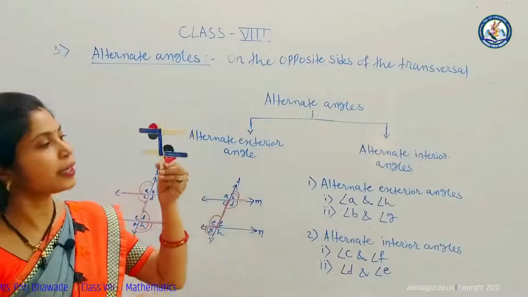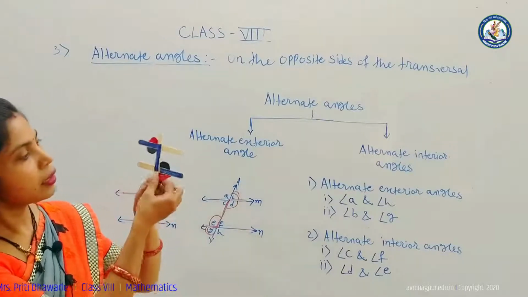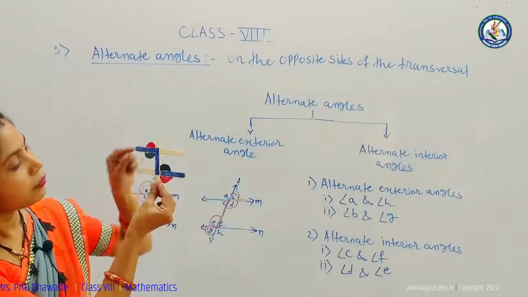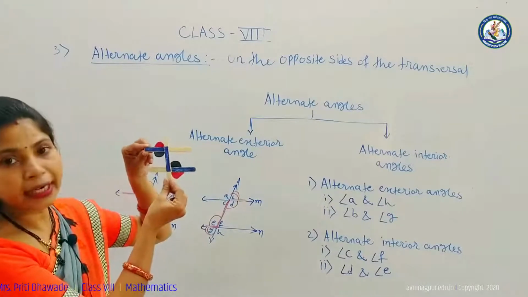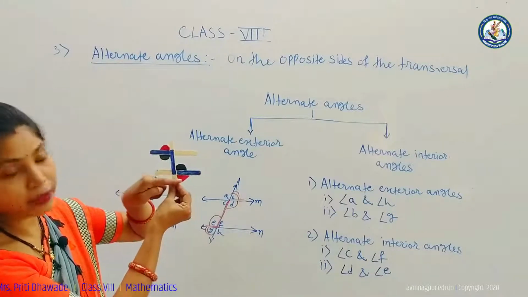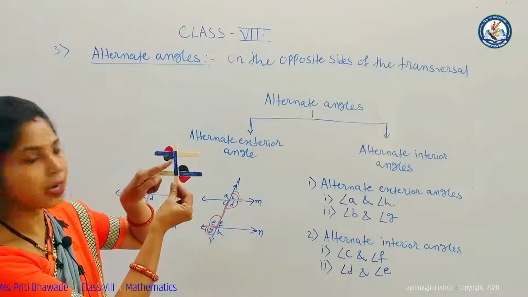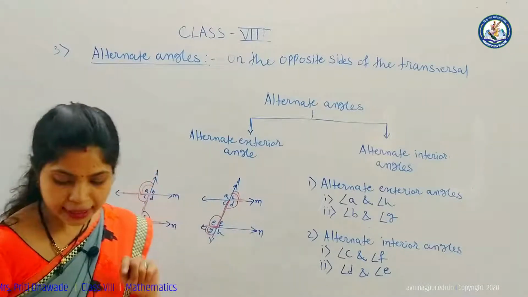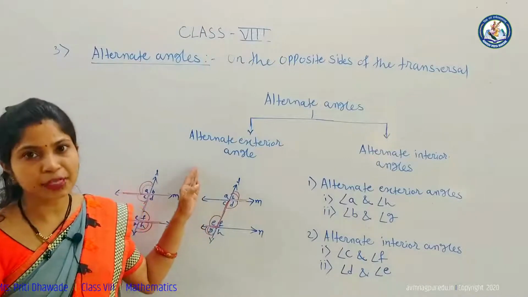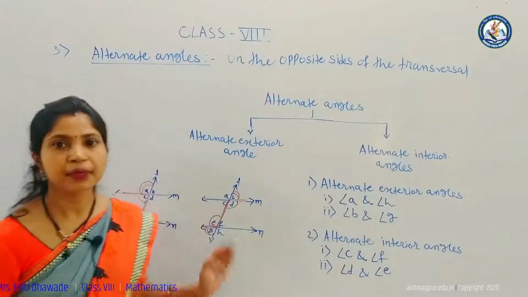Now these are the alternate pair angles. By drawing the Z on the figure, we get the pair of alternate exterior angles like this at the corners of the Z, and the pair of alternate interior angles. So in this way student, we have learned the angles made by the transversal with the two parallel lines. Thank you.